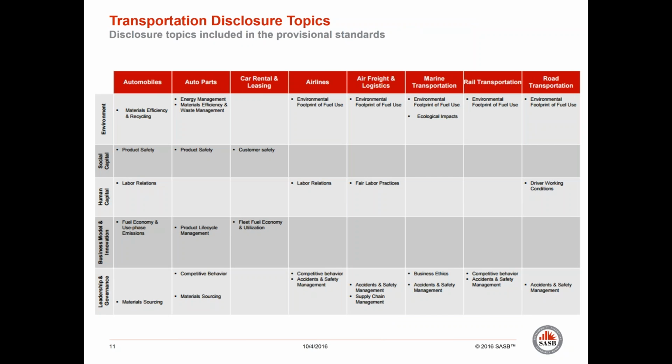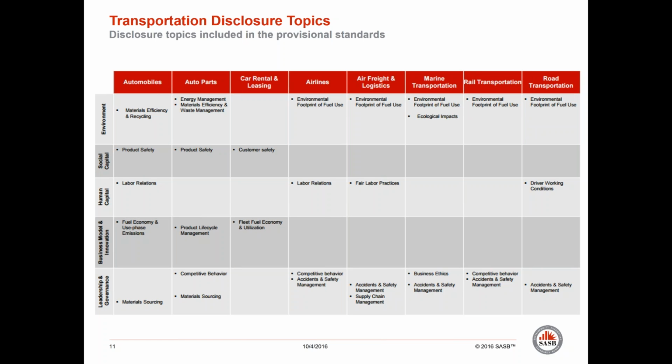Just as an overview here, you'll notice even though I spoke about 2 main themes, for each of the 8 industries, there's a unique set of issues that impact that industry. And that's one of the key strengths of SASB, the industry specificity. So here, no need to try to read these, but what I'm trying to show is you have anywhere between about 2 issues, say for car rentals, to all the way up to 6 issues which we've identified for auto